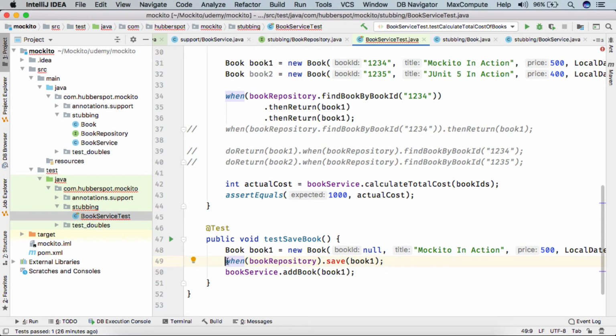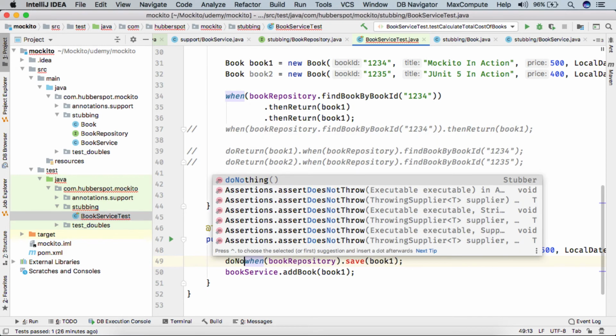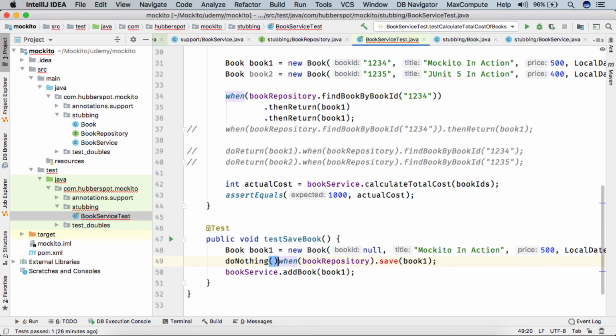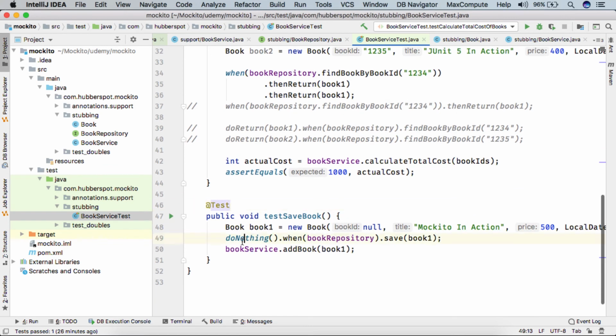And here, just before when, we can use one more method present in Mockito which is called do nothing. So here we are telling Mockito that when the book repository save method is called with book 1, do nothing. This method is used to stub out void methods.